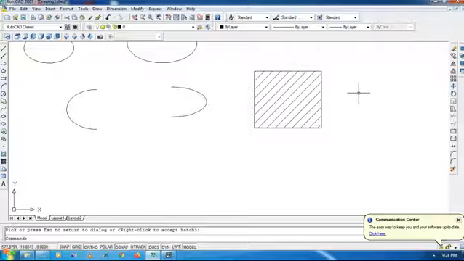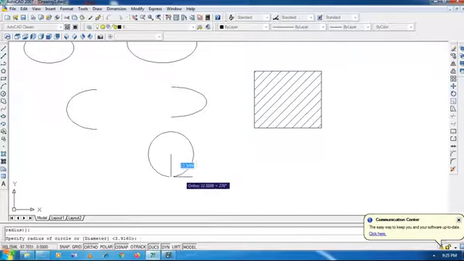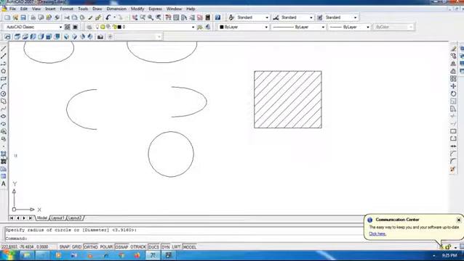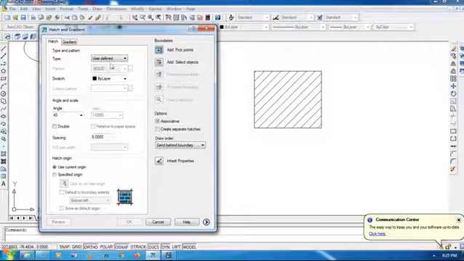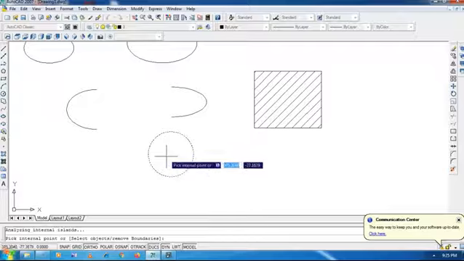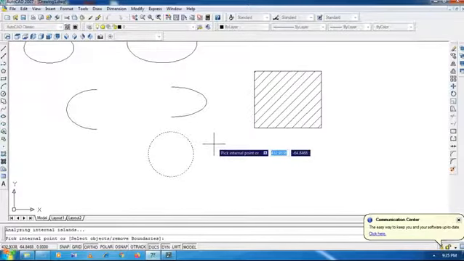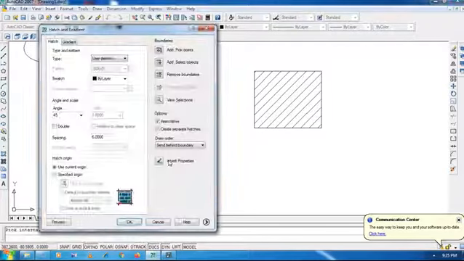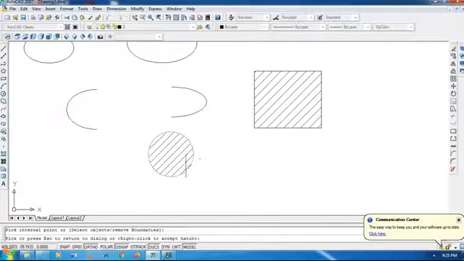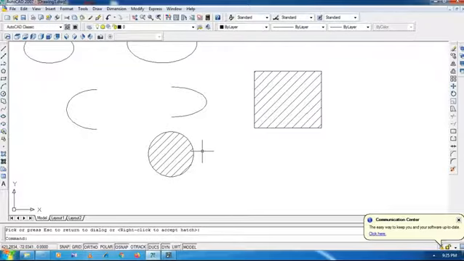Okay friends, like this we have developed a hatching pattern. I will show you one more time. I will take this circle and do hatching to it. Hatching. We have already selected user defined. Add pick points. This is the pick point, and then press enter. The 45-degree angle is already present, as we selected previously. I will select 6, or I will select 5. See the preview. Like this you will observe this pattern. Enter. So it will remain as it is.